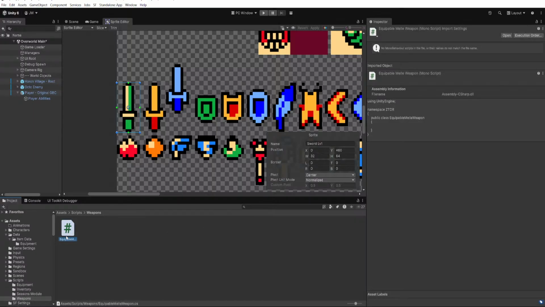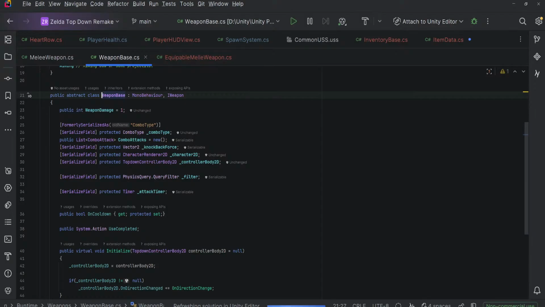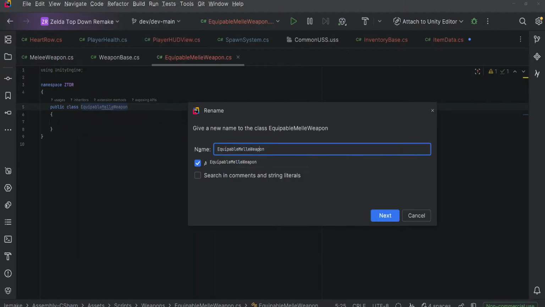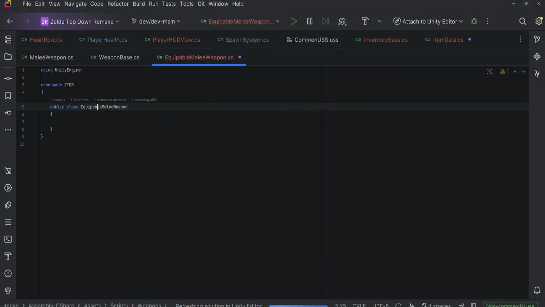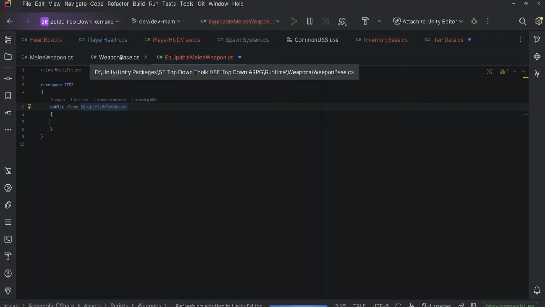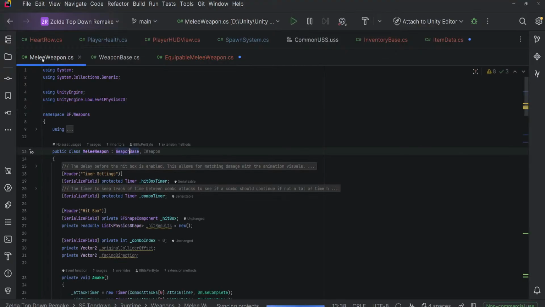Yeah. Let's actually go here. I just spelled melee wrong. Whoops, hold a thought. One L, two E's. We'll have an equipable melee weapon, and then I'm gonna create